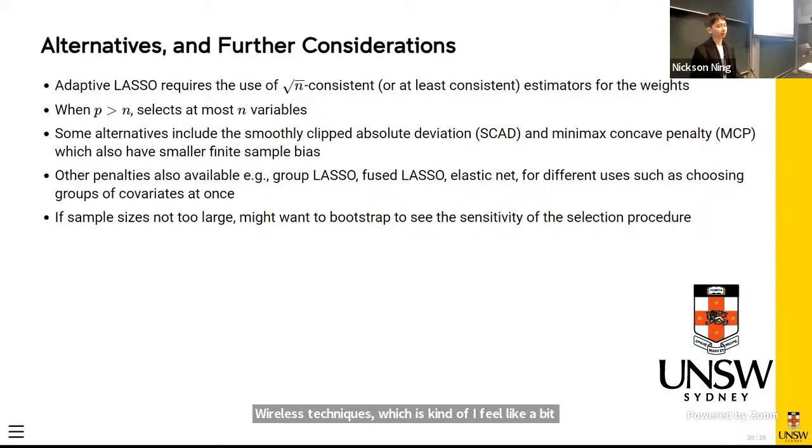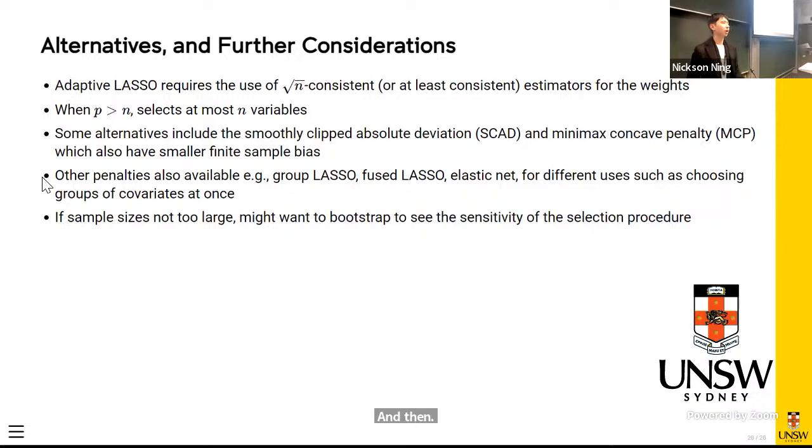They're a lot less intuitive and harder to explain, but they do tend to have smaller finite sample bias than the adaptive lasso. So if you're feeling a bit adventurous, I can recommend the SCAD and the MCP as well. And then,